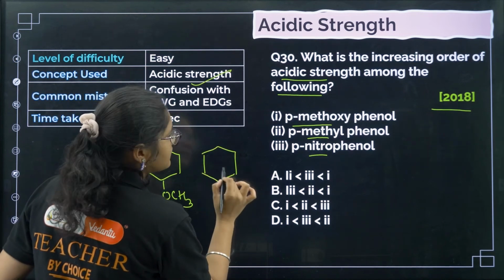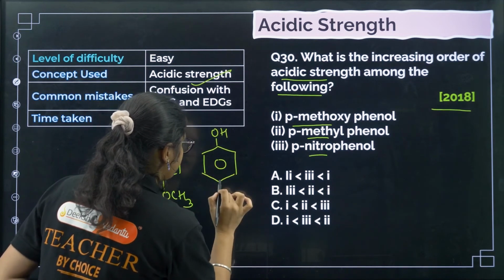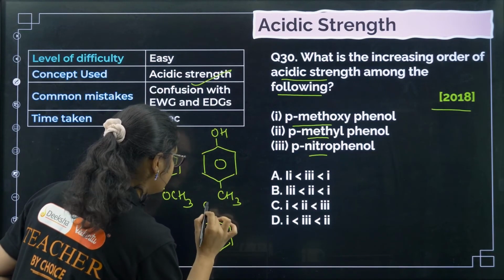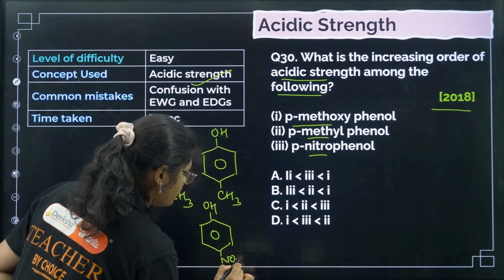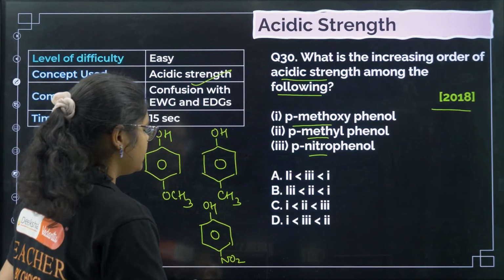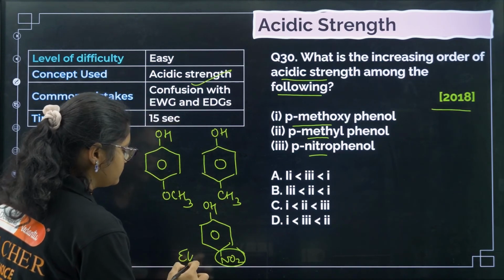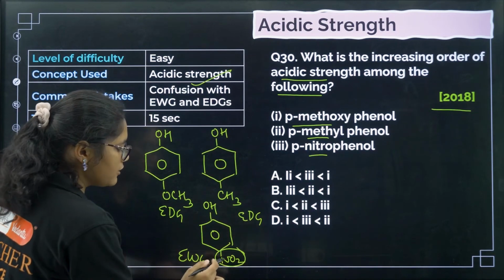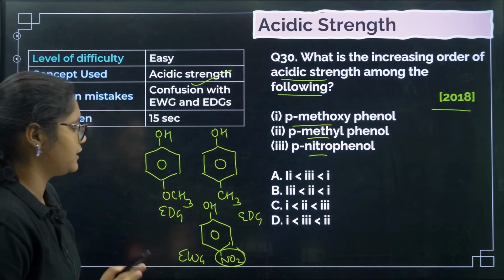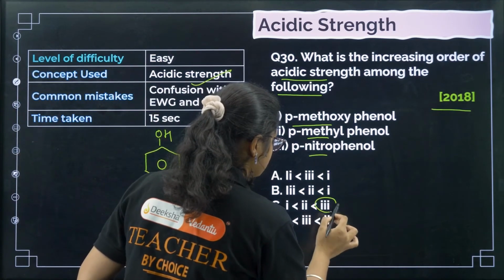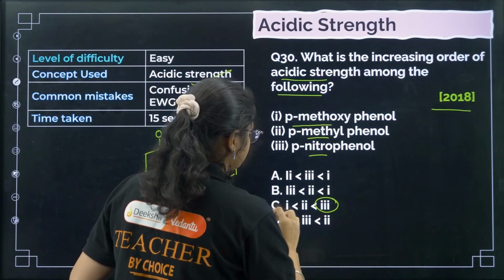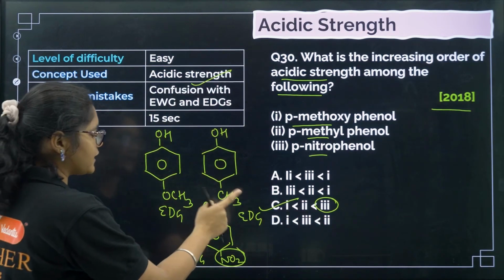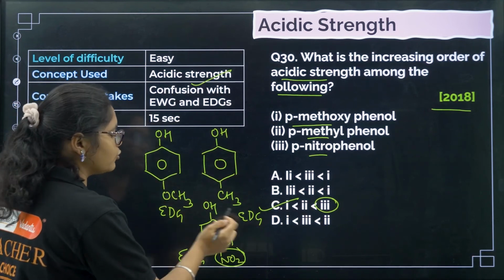Next you have para-methylphenol, okay. Then we have para-nitrophenol. Now if you see, this is an electron withdrawing group, this is a donating group, and this is also a donating group. Now if it is a withdrawing group, its acidity will definitely be highest, so 3 will be highest. With the options you can see there is only one option with 3 highest, so the answer has to be